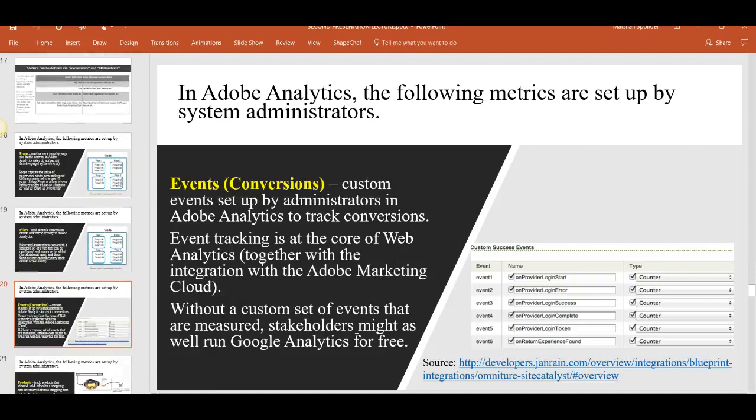And then the conversions, which correspond, I guess, to events or goals in Google Analytics, are the custom events that you set up. You have to set them up. Again, in Google Analytics, you get this in the free version, and in Adobe Analytics, you do this. This is just an example of how you set up events in Google Analytics, and in Adobe Analytics.